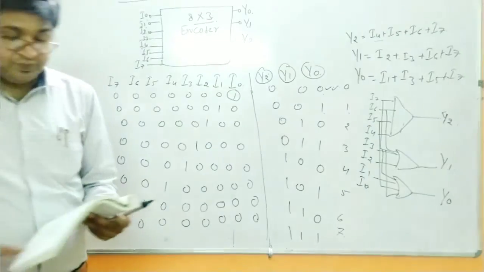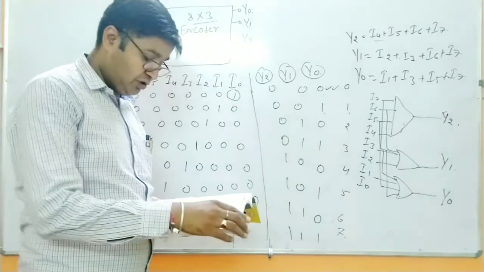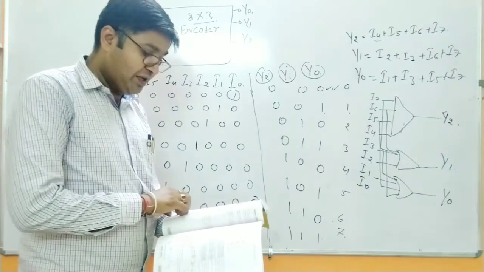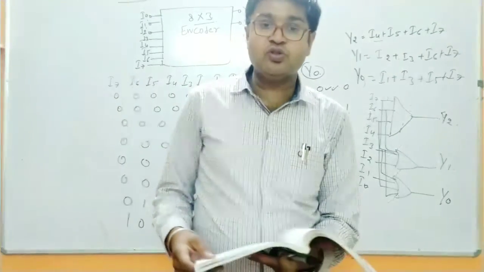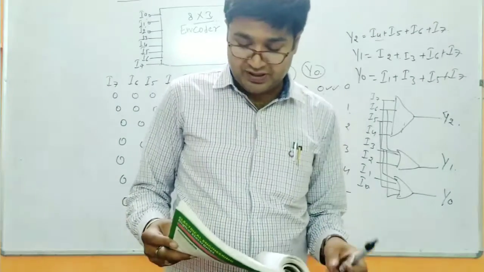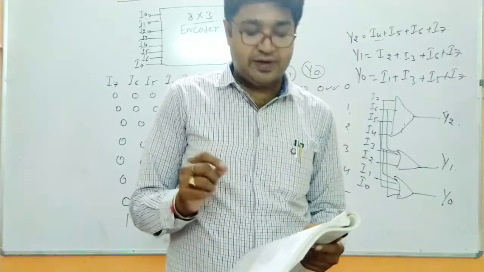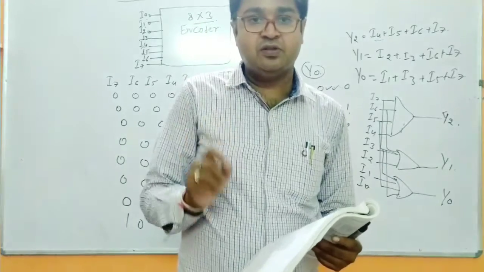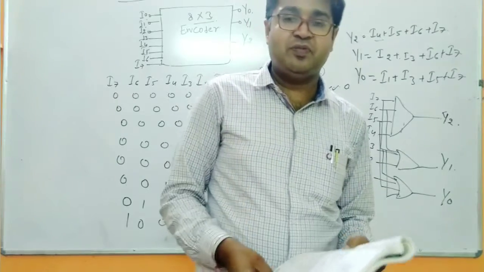Now in the BCD, as you understand, if you talk about the decimal to BCD encoder, it is quite simple. The information will be changed like this, and in the same manner you will use OR gates to get the output. You just need to understand which output is provided to a particular number and how it is going to be provided. So this is very simple, basic OR logic that will be implemented.